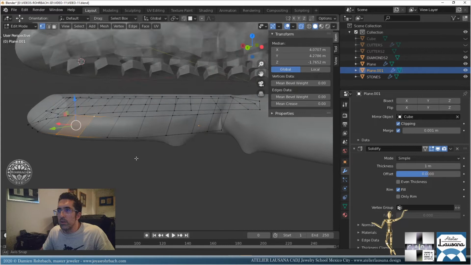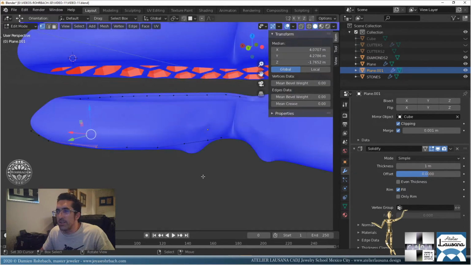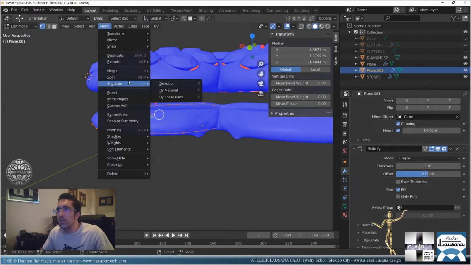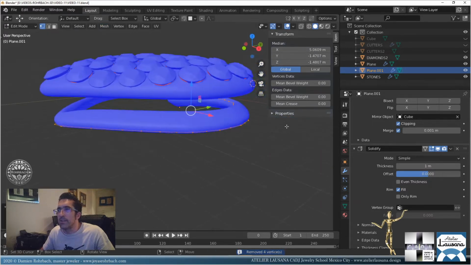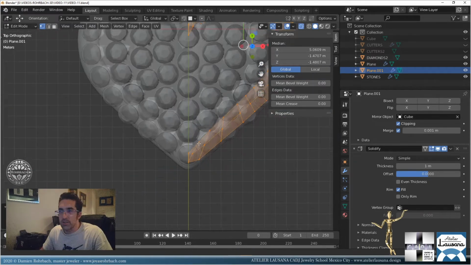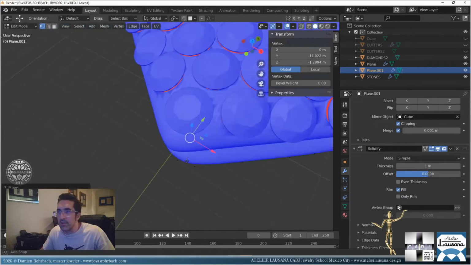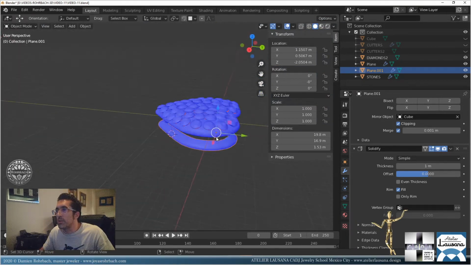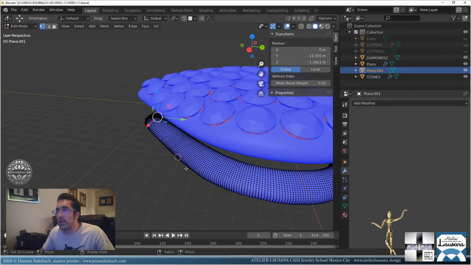All right, who's back in the hood? Let's go to face orientation, Alt Z. Okay, this is crazy for that. Let's do a merge by distance for vertices. Okay, this is clean again. Just here, this is not so clean. Or thickness, let's see. Okay, we're back where we started. We're going to do this a bit differently. Let's turn this into the mesh, and now